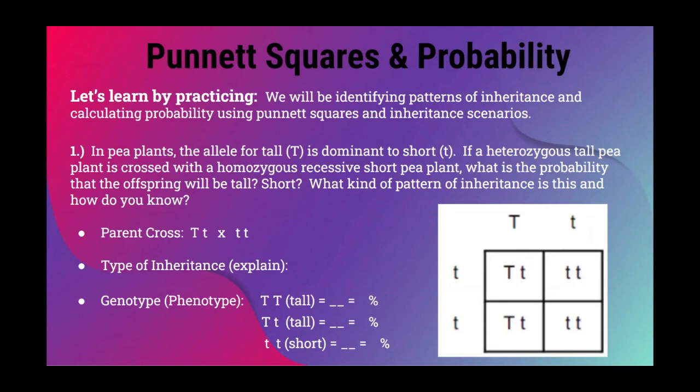So the parent cross is already given to you, but before we do anything else, we need to figure out what type of inheritance. Is this complete, incomplete, codominance? So look at the question. We're going to focus on the heterozygous. We were told that the heterozygous is tall. Now remember, we have an allele that is dominant over the other one, which means that we have a recessive one too. That's going to be our big hint that we are dealing with complete dominance. And how you explain that would be complete dominance because you have a dominant and recessive allele, and the heterozygous